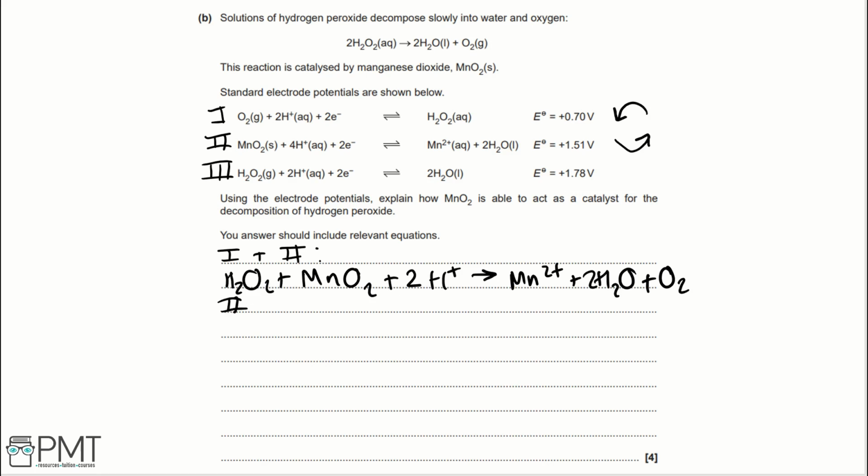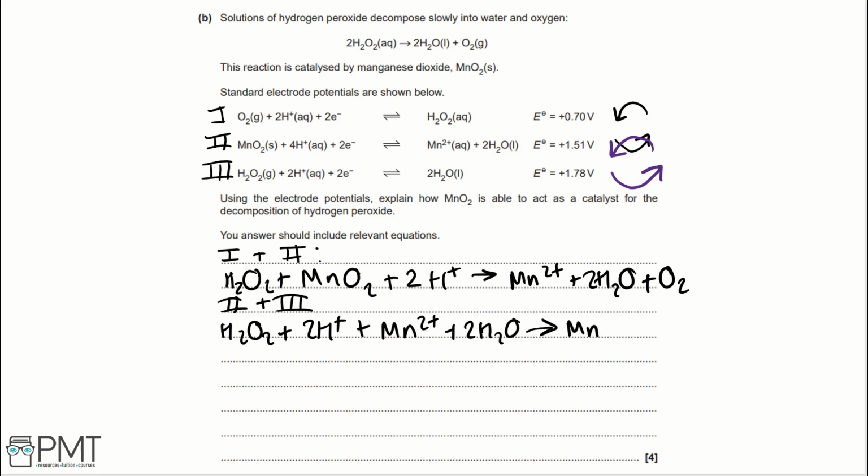And then if we write an equation for 2 and 3, again, looking at their directions, the more negative this time is reaction 2, and the more positive is reaction 3. So, writing the equation, we would have H2O2 plus 2H+ plus Mn2+ plus 2H2O goes to MnO2 plus 4H+